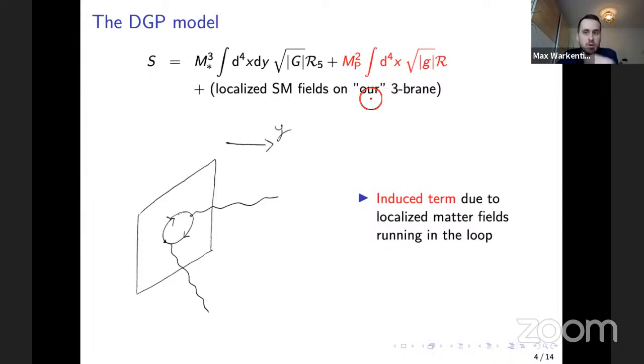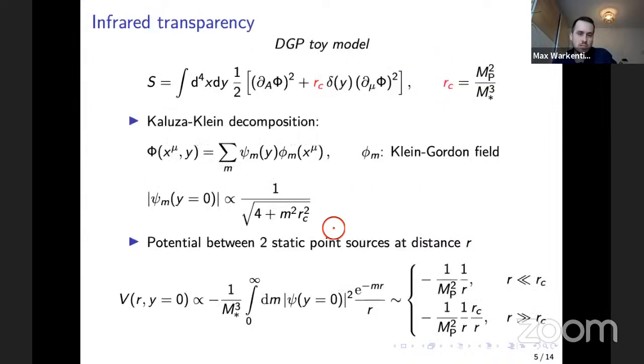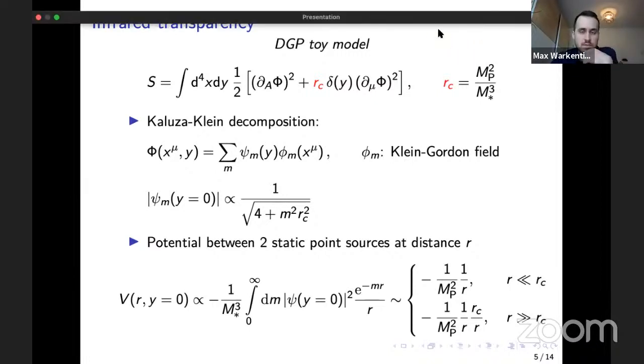And this lives on the same brane as the standard model fields. And therefore, one way to think about the origin of this term is that the standard model fields renormalize the graviton propagator on the brane via loop corrections. Okay, so in order to understand this infrared transparency phenomenon, we don't have to consider the full spin-2 theory,